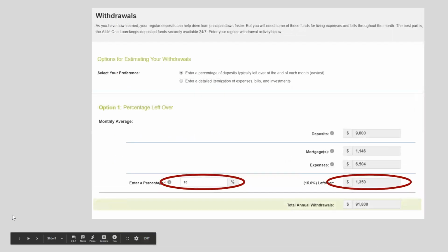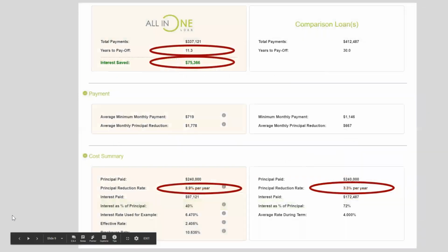We also have to make some conclusions about withdrawals. In their scenario, as we plugged in the numbers, we saw that they had about 15% of their net earnings left over at the end of the month. That translated into about $1,350. So as we do the comparison and let the simulators run their course, what we see is that the all-in-one